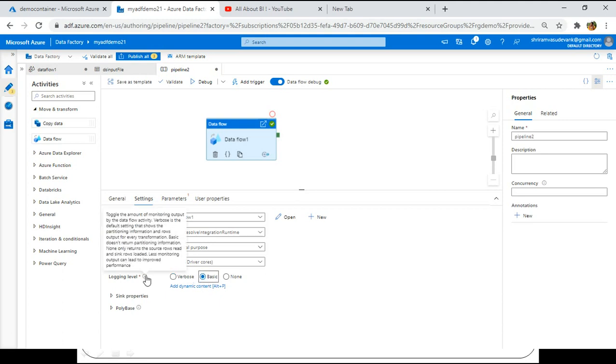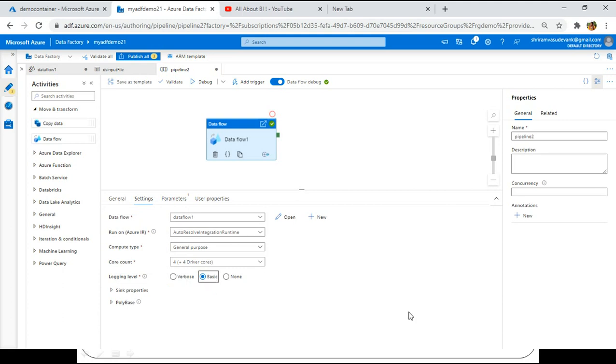With basic, you will not log the partition based details, and it just provides the high level information about the mapping data flow, and none will only tell you the number of records read and written. That's all. According to your requirement, make sure you are using either basic or none. This is one more thing to consider while designing the mapping data flow. And one thing they mention with respect to verbose is that since it logs all the details of all the partitions, it will be very useful when you troubleshoot issues with the mapping data flow. That is what they are recommending.